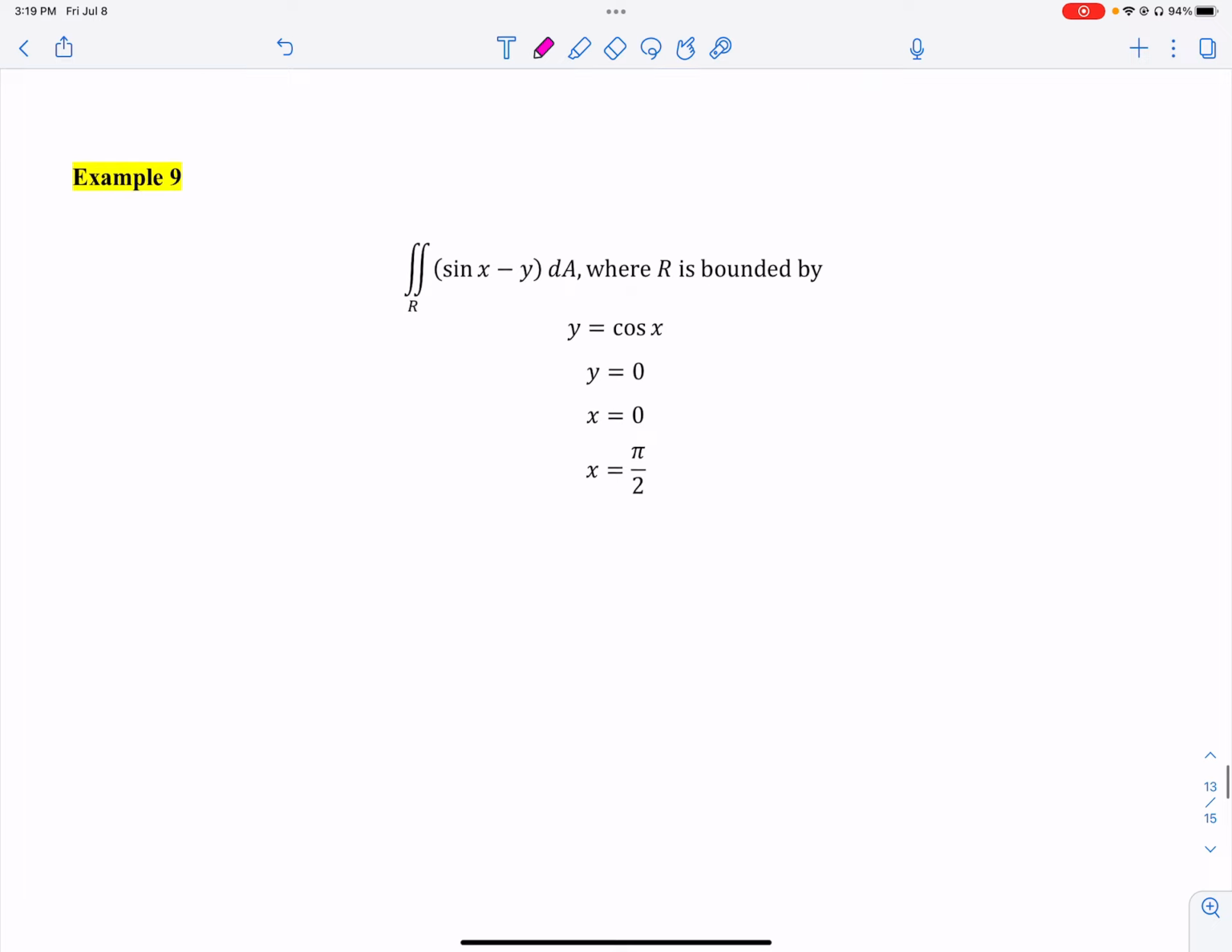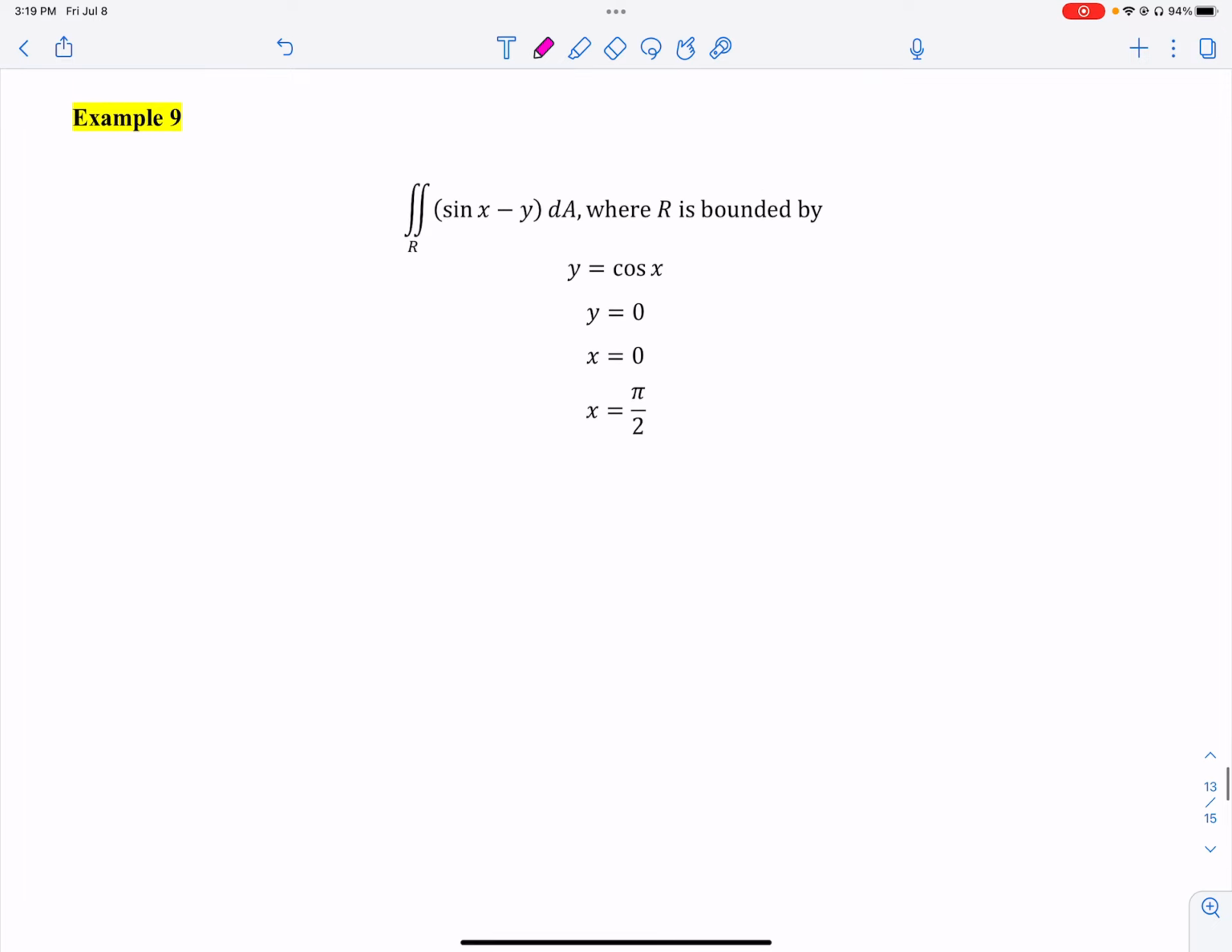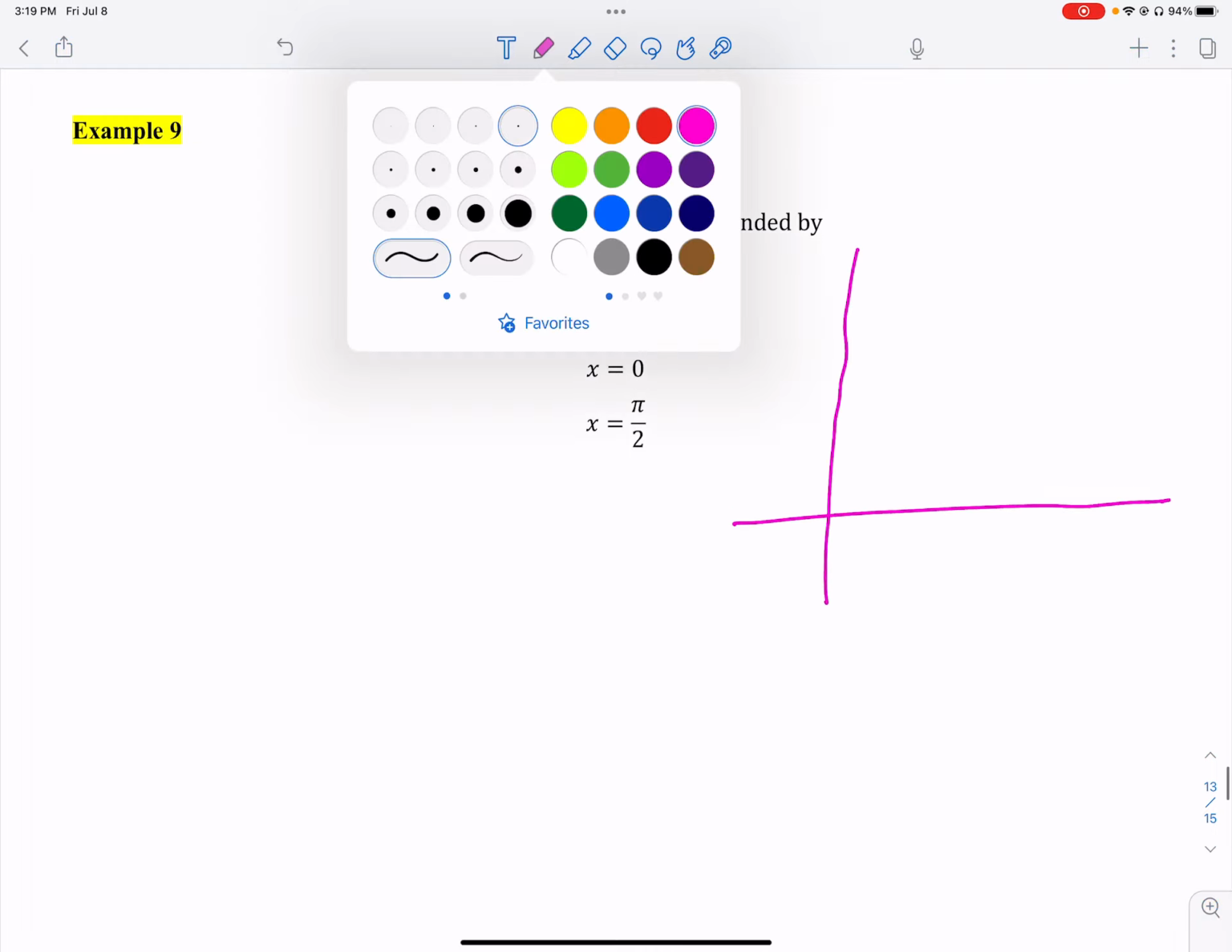Okay, got a few more. These are going to get a bit weird where they start defining R given more directions rather than a set or given bounds or something. All right, so we have this integral. First thing we're going to do is try to draw the region. We want to do this every time. Okay, we have